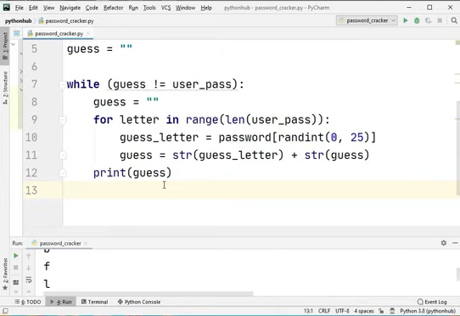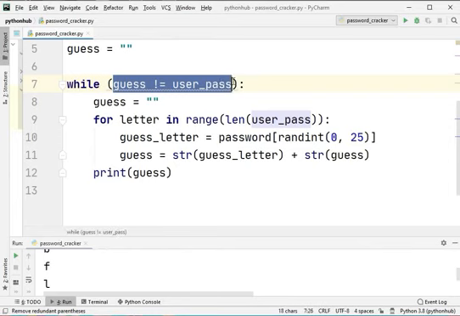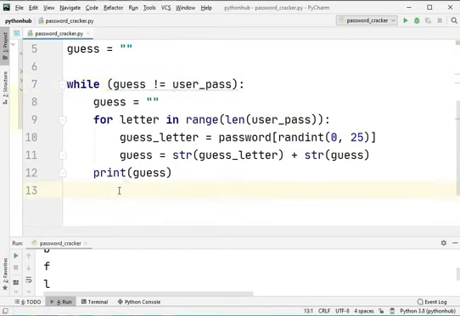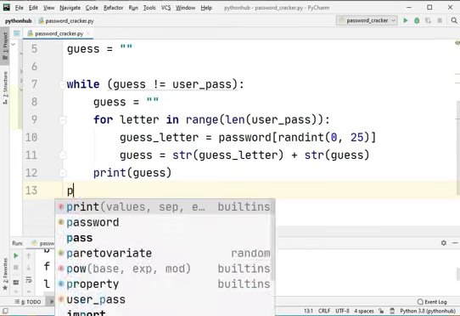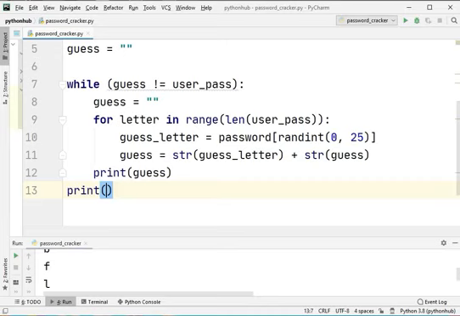If this matches, meaning guess is equal to the user password, then the while loop will not run again and will get terminated, and we will print: your password is guess.